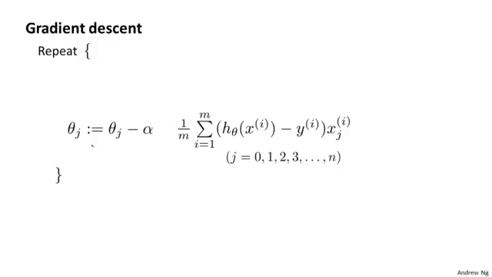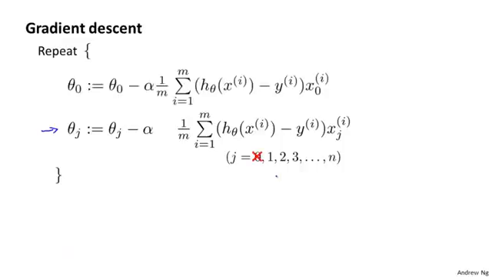j of theta. Previously, we were using gradient descent for the original cost function without the regularization term, and we had the following algorithm. For regular linear regression without regularization, we repeatedly update the parameters theta j as follows for j equals 0, 1, 2, up through n. Let me take this and write the case for theta 0 separately. So, I'm just going to write the update for theta 0 separately, then the update for the parameters 1, 2, 3, and so on up to n. I haven't changed anything yet, right? This is just writing the update for theta 0 separately from the updates for theta 1, theta 2, theta 3,